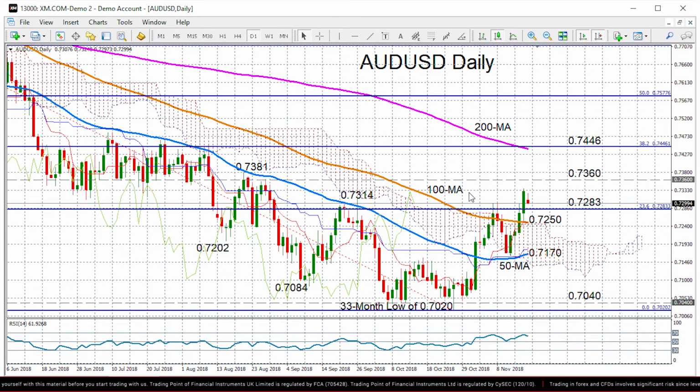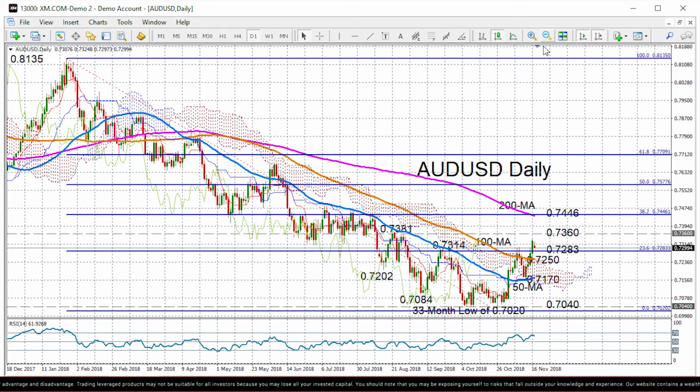Looking finally at the Aussie dollar pair, we saw a strong rally last week. RSI approached the 70 overbought level, though it's now come down a little bit. We're seeing some easing of that upside pressure. If we do see a further downside correction, initial support should come at the 23.6% Fibonacci retracement of that long-term downtrend from 0.8135 to